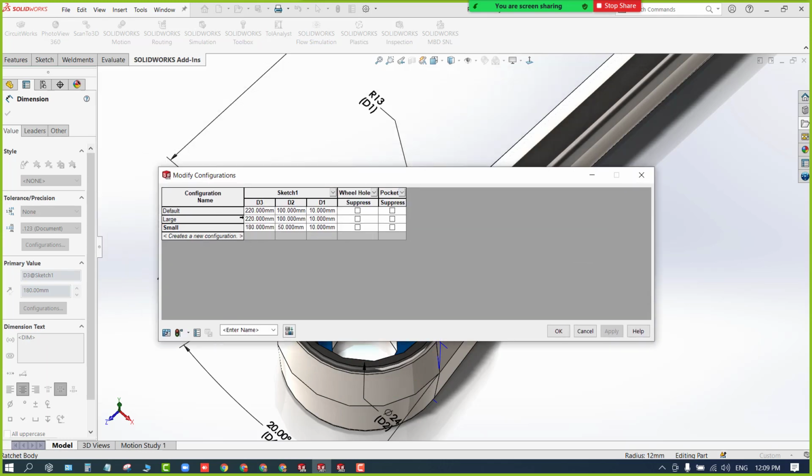Now here you can manually change for each and everything. So dimension for small is this much, for large I will make it 250. Okay, and it should be 120 for me here, and I'll create one more configuration here, so that is suppressed.